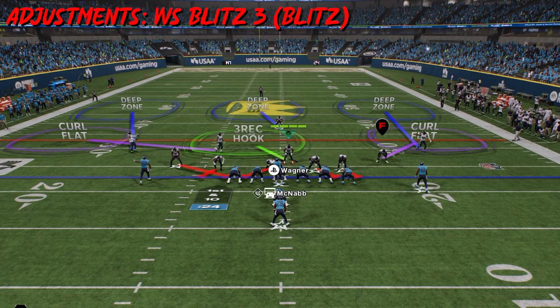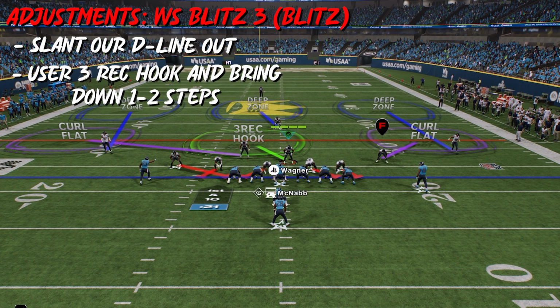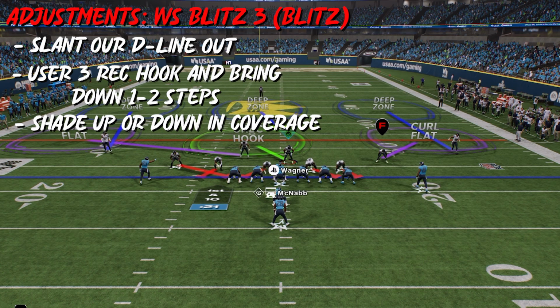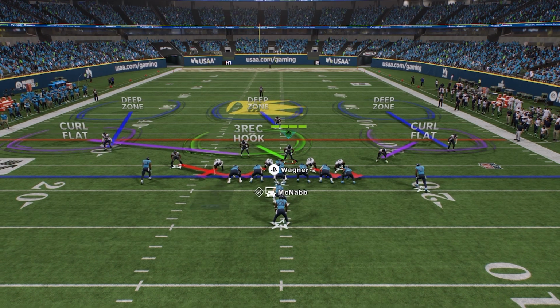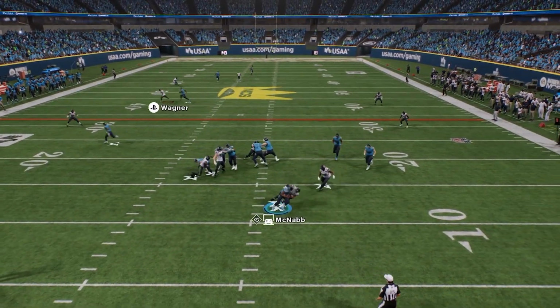So to set it up, call WS Blitz 3 out of big nickel over G. Then we want to slant our D-line out. We want to bring the linebacker who's in a 3-rack down 1 to 2 steps. Then we want to shade up or down to put either hard flats or curl flats on the field. So pre-snap, this will look pretty much identical to our run defense,